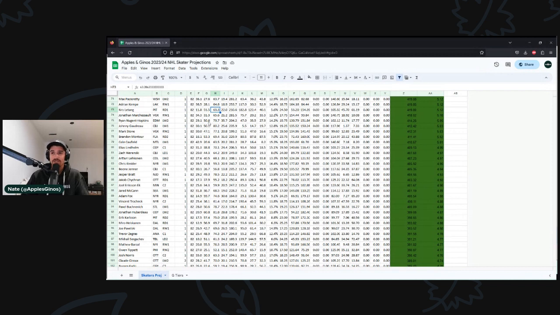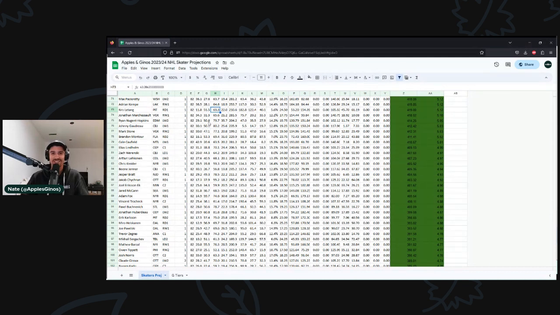Because with Letang specifically, there's a lot more downside than there is upside from this number, and so you might think of another player around him like a Zach Werenski, where Werenski might actually have a little bit more upside beyond this if everything goes really well in Columbus, and that top power play unit with Gaudreau and Line A and Werenski and everybody is just absolutely clicking. You have a breakout season from Kent Johnson. There's an upside scenario for a guy like Zach Werenski that might not be there for Chris Letang, because I've pretty much projected him for the best deployment possible, and we pretty much know that Pittsburgh's not going to suddenly have a massive, massive season.